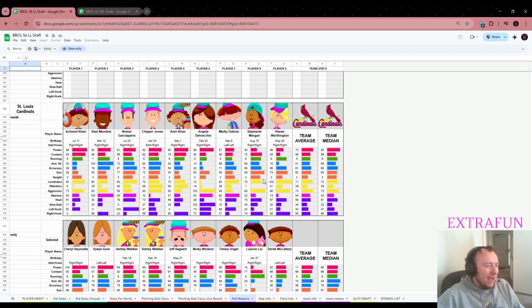80 is more than enough over most fields to get you over the fence. Stephanie is fine. Reese is a little bit weak, but I will say, if you're picking Reese, I feel like putting Reese in the outfield could actually be pretty good. Like 100 coordination, 74 eye. Yes, he's too height, but out of these here, I think...